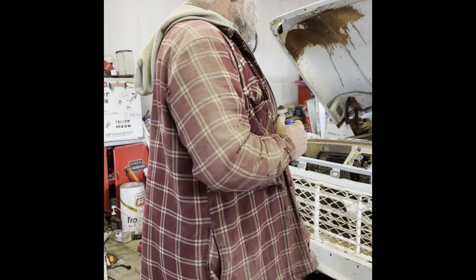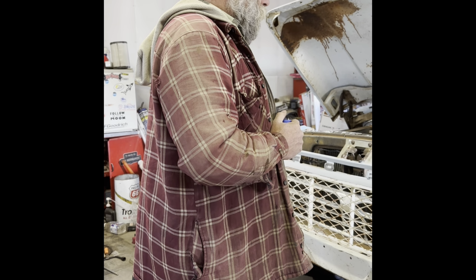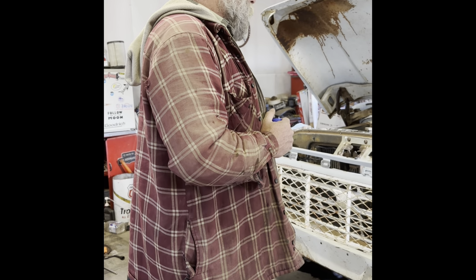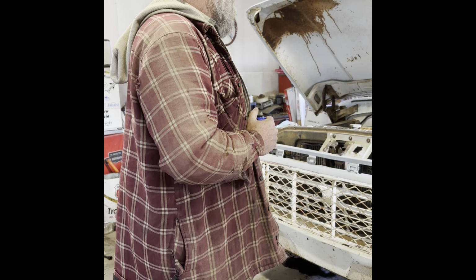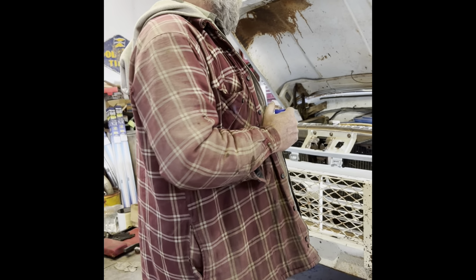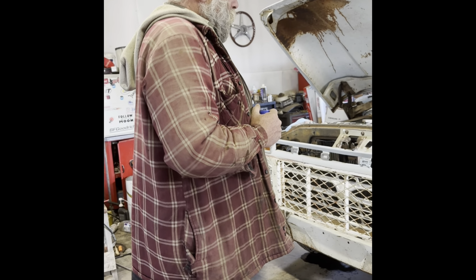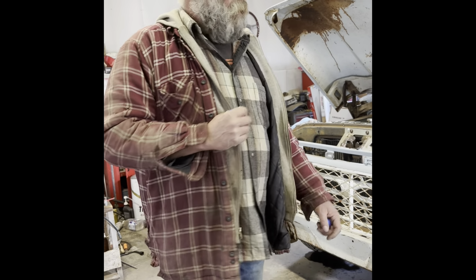Hopefully we can get this thing lined out so that it'll make the 285 mile trek home. Had some brake issues. The guy that we bought it from, he actually put new wheel cylinders in the front. The back actually seems to be just fine. So last night we bled the brakes, set the brakes up, so it's got good brakes on it now. Brake shoes and all that stuff look really good in it, so that should be fine. What else did we do? Oh yeah,